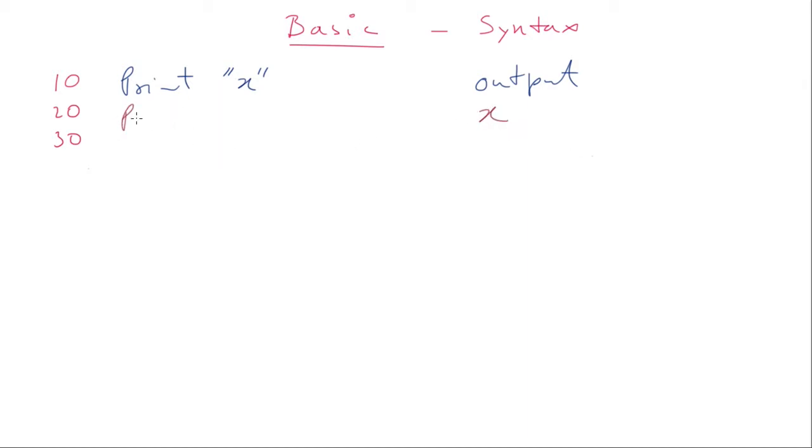If I say in BASIC print X, what is the output expected? It will print 0. It will print 0 because it is an old language. It assumes that X is having a value of 0. Actually, the new language may print an error also. Either 0 or an error will come. What is the error? No value of X is assigned.